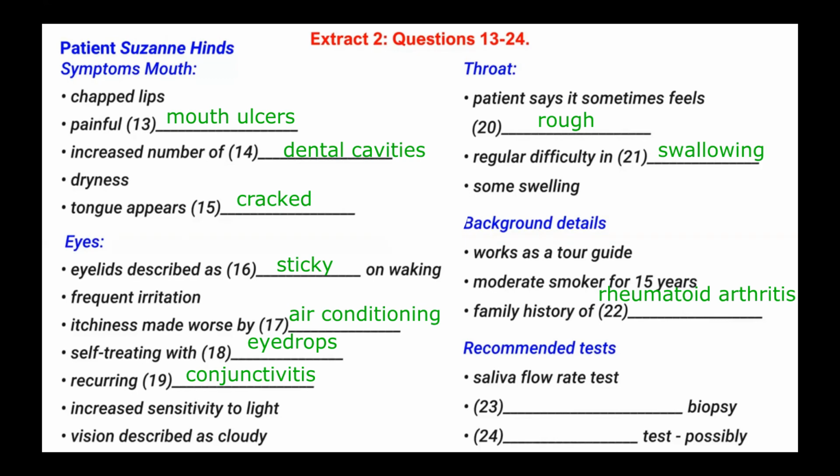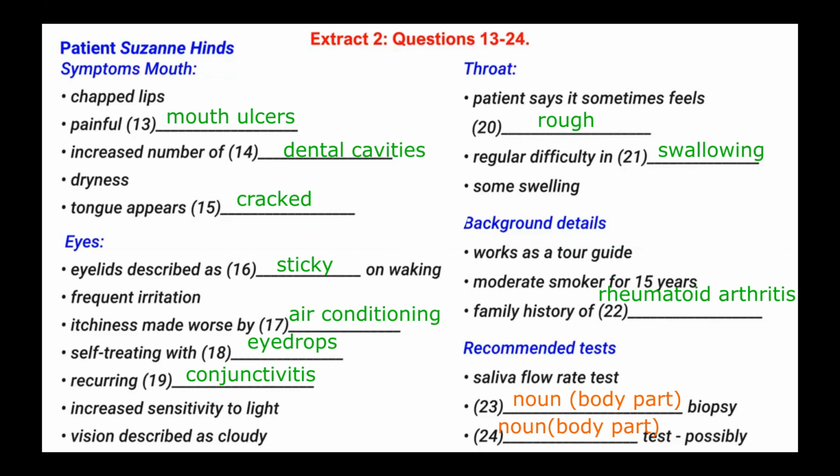Well, no, but we do need to check possible links. For example, an autoimmune problem. We'll start by checking your saliva production with what's called a saliva flow rate test. Okay, that sounds straightforward. Yes, it's pretty self-explanatory. But I'm also going to recommend a biopsy of your lip, the lower one. Oh, that sounds odd. What for exactly? Well, it'll let us see the salivary gland tissue. Don't worry, you won't feel anything. It's done under local anaesthetic. And you've not had a thyroid function test, so I might recommend that you have one of those, depending on the earlier test results. Okay, fine. Well, anything that sorts out this problem. I mean,